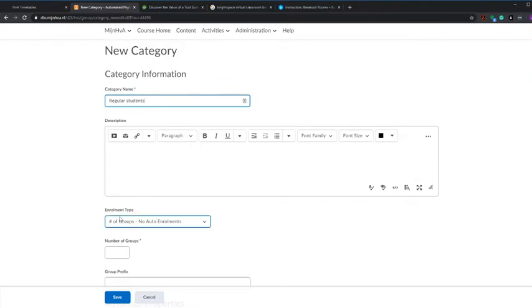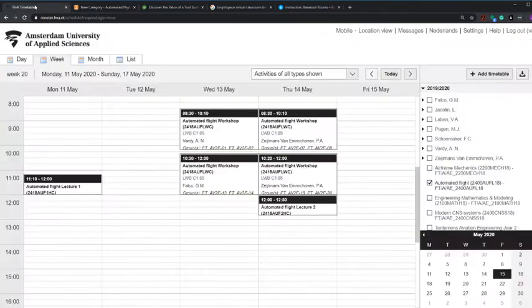and I can already assign the number of groups and the type of groups, which I will do now. So if you already know how many groups you want, you can define this here. You can also define it later. But first of all, let's look at the schedule. For this course, there are typically 4 workshops. And the first workshop